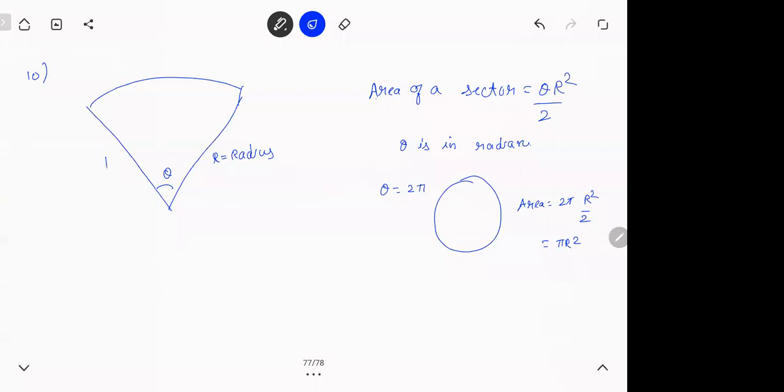So here, what are the variables? When you make a sector like this, like a piece of pizza but only the outline is there, r and theta both are variables. What is given? The length of the wire is given. Right? What is the length of the wire? The length of the wire is 20 centimeters.